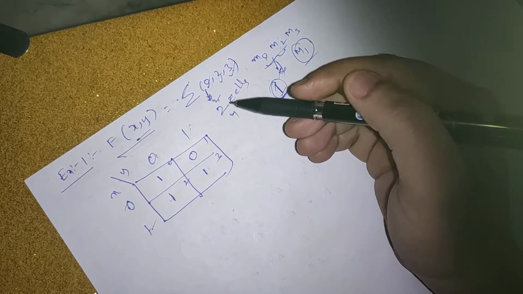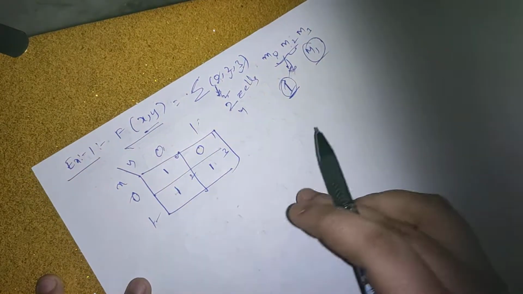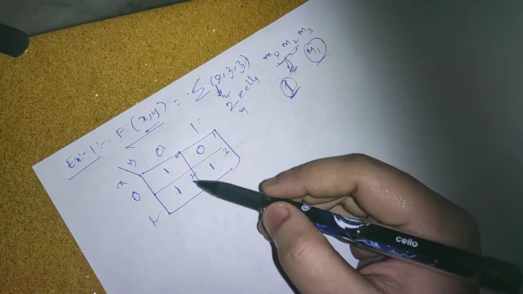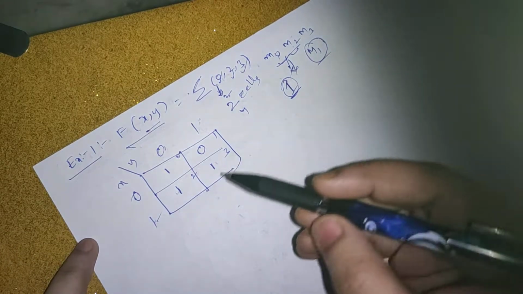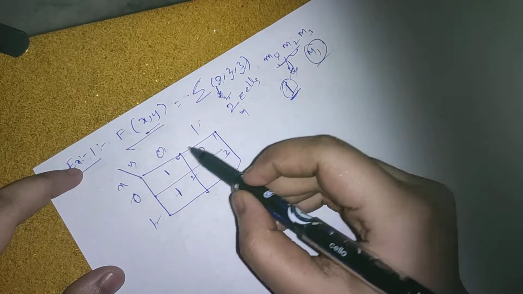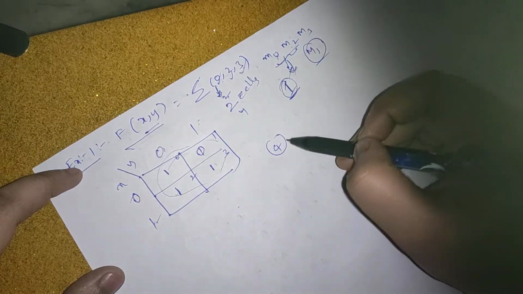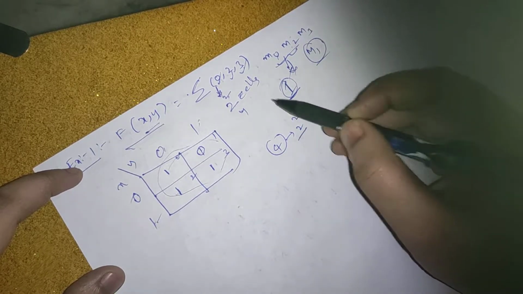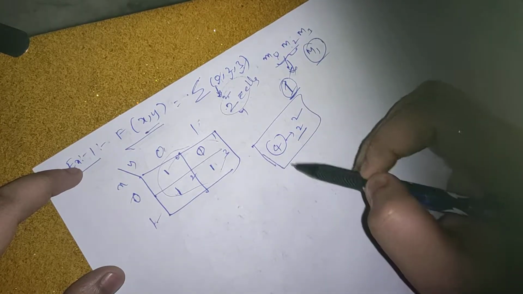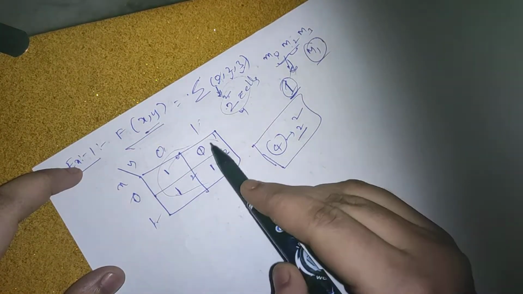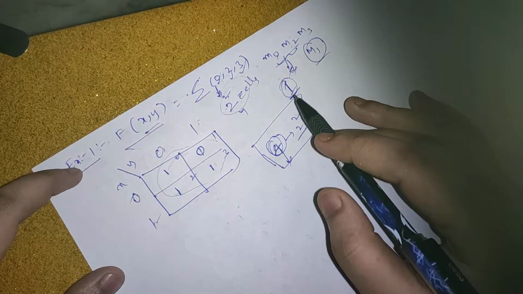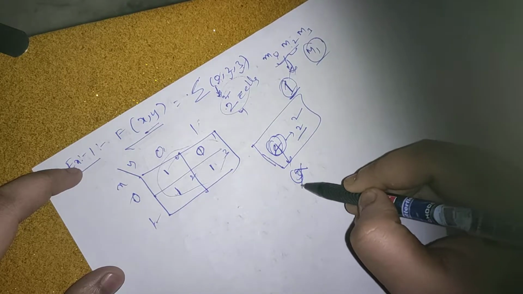So if you see here, the pairing rules: that means here, what is the maximum number of pairings possible? If all were 1, the maximum number of pairing is 4, na? That means it is nothing but 2 power 2. So as many cells as there are, that many pairings are possible. Okay, so here it is not 1, here it is 0, therefore 4 pairing is not possible here. 3 pairing does not exist.